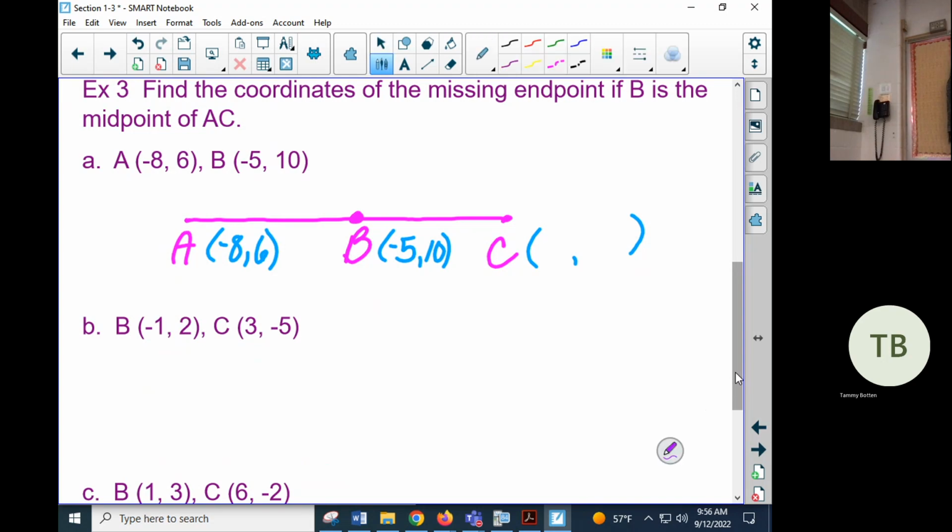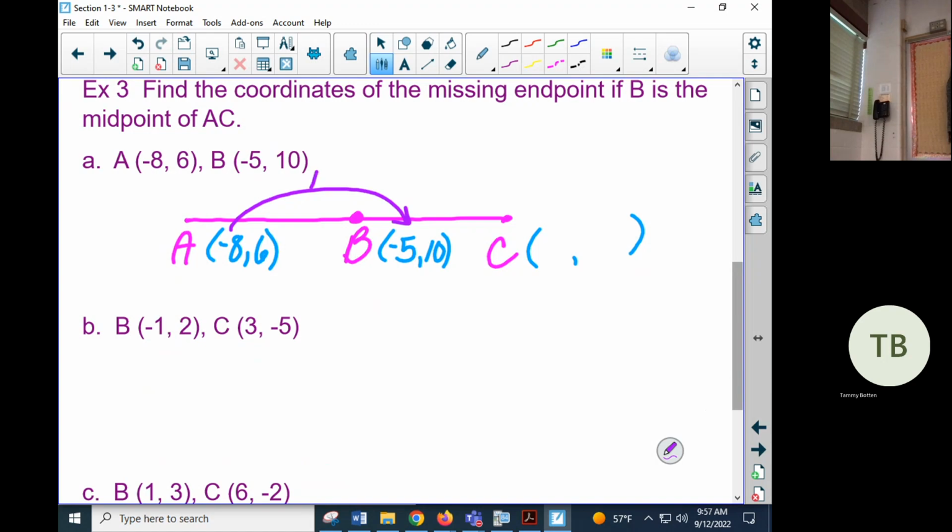They're not hard to solve. Or what I usually show is I go from the x here to the midpoint x, and I ask myself, what do I add or subtract from -8 to get to -5? I'd have to